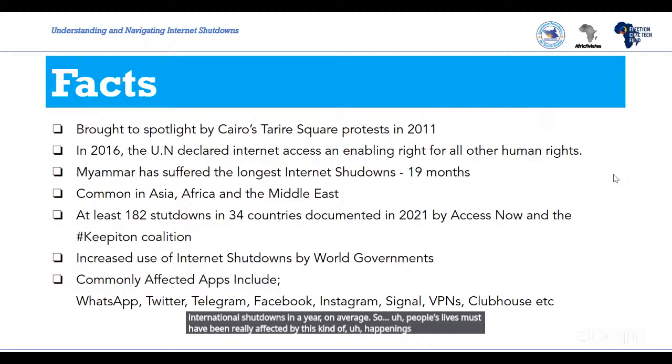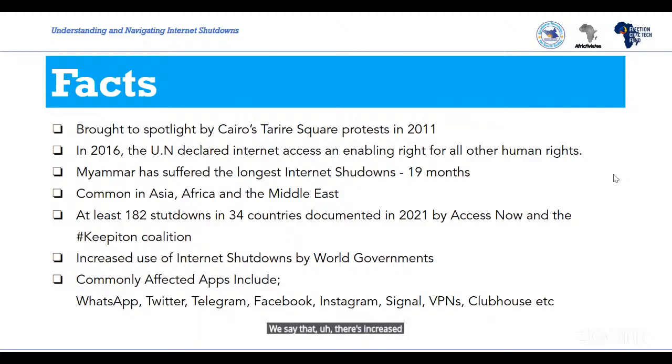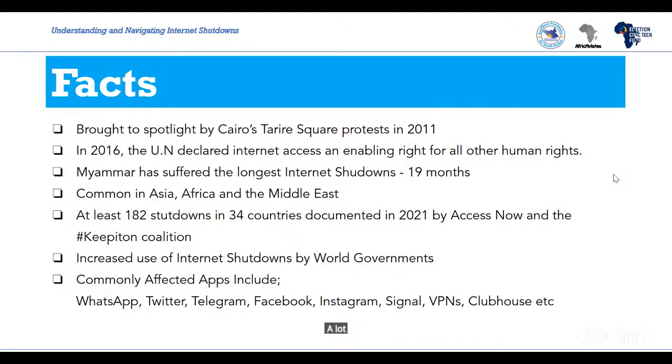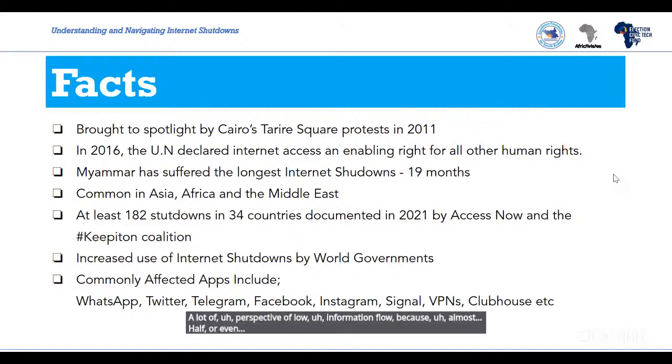And there is also increased use of internet shutdowns these days by the world's governments, because they are trying to control information flow. Almost half or even more than half of the world population these days is on the internet.